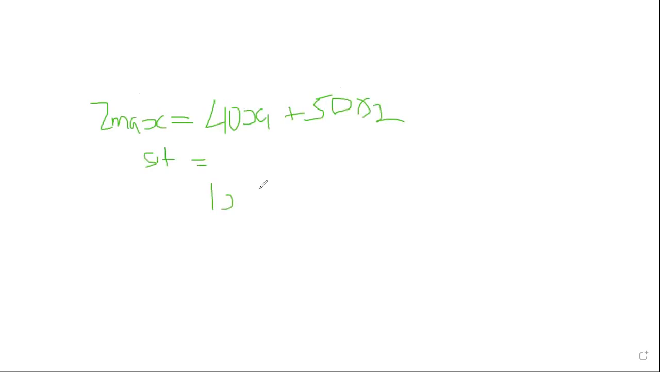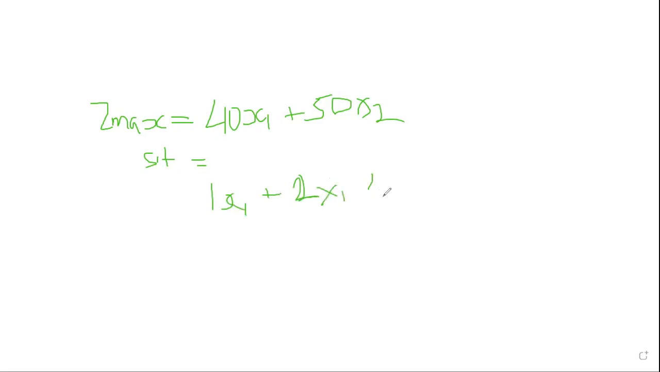Who can give me the LP problem for the Fan Milk? We were maximizing, right? A volunteer, please. Was it 40x1 plus 50x2, subject to 1x1 plus 2x2